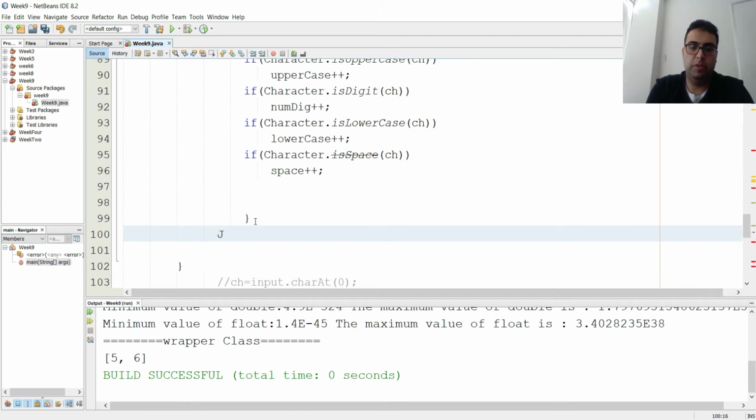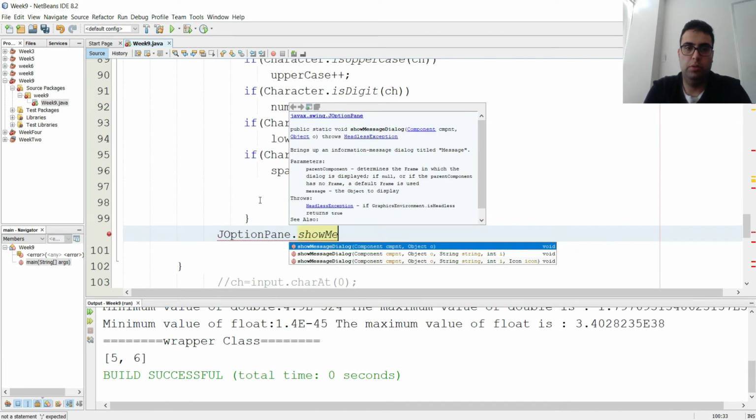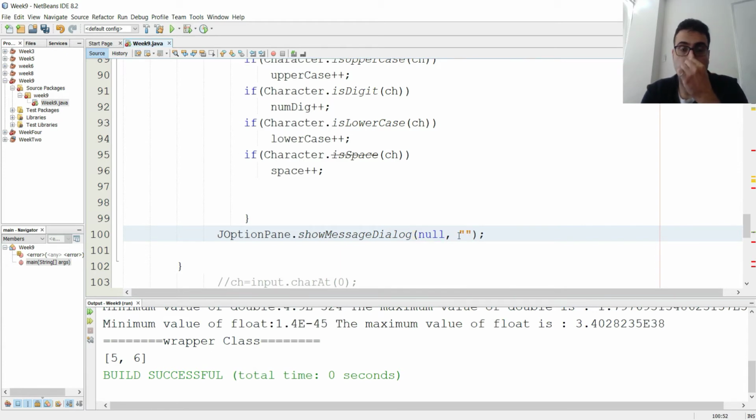So let's have a Java, say option. So let's go show message. Null. So location doesn't matter for us, but null here. And we say okay. Yeah, that's too much work. So let's just do the panel for now. Not the panel, the console. So we're gonna say, okay, your string, your input